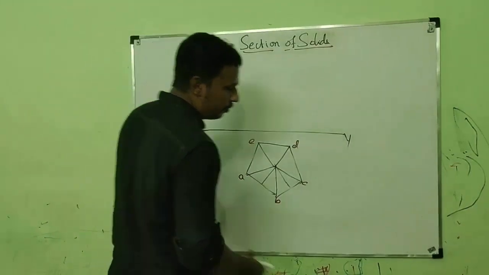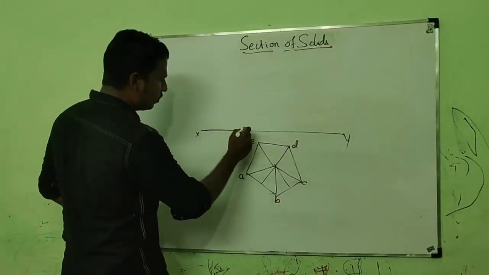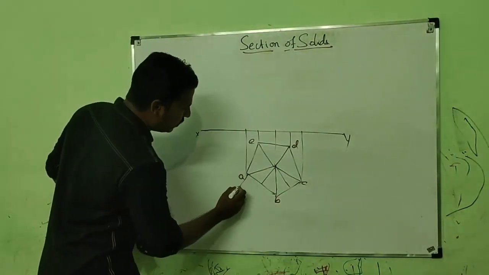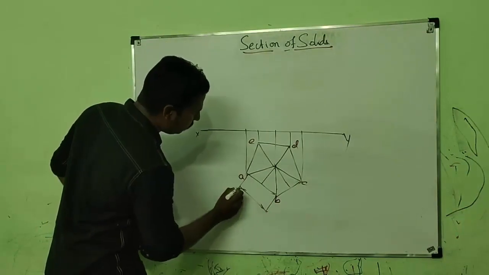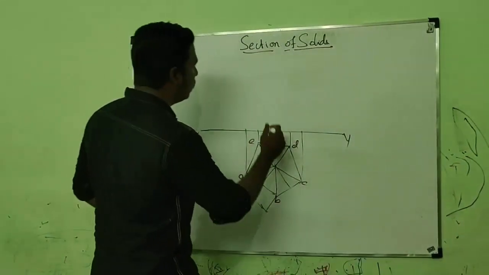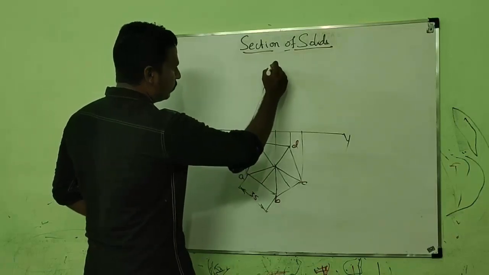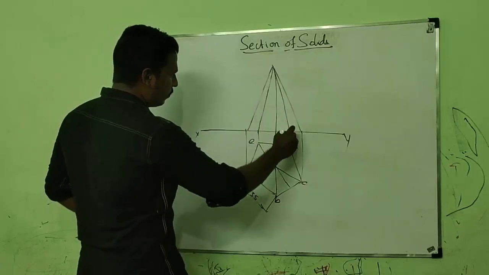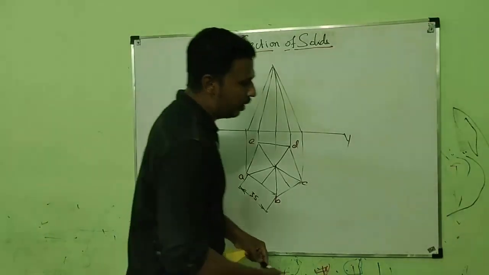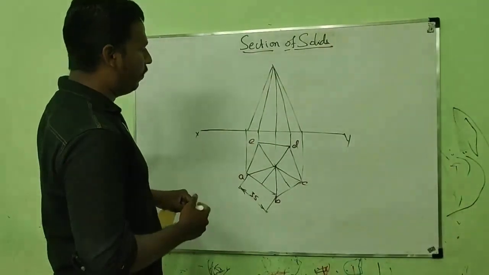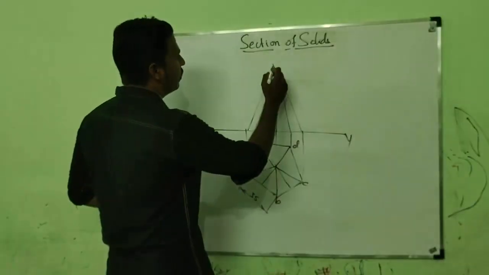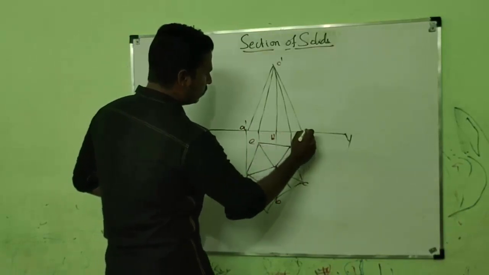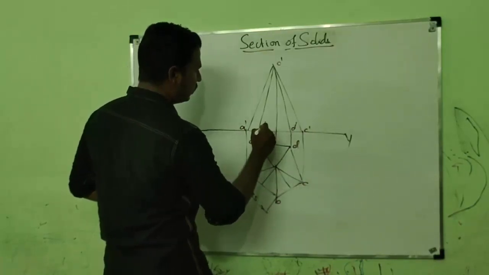Now we have to draw the front view. Project all the points to the front view and the base side is given as 35 mm and the axis height is given as 70 mm. Initially we have to draw everything using thin lines. So now I am drawing everything using thin line. After locating the cutting plane, we have to draw the thick lines. This is O dash, this is A dash, B dash, C dash, D dash and E dash.